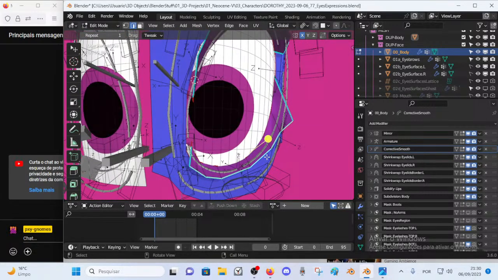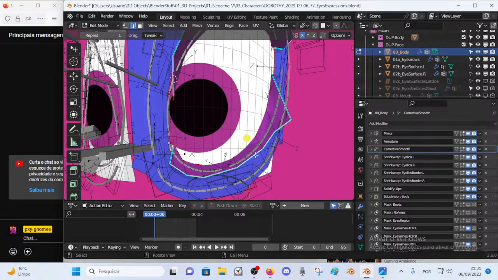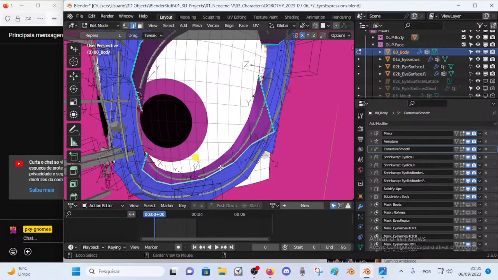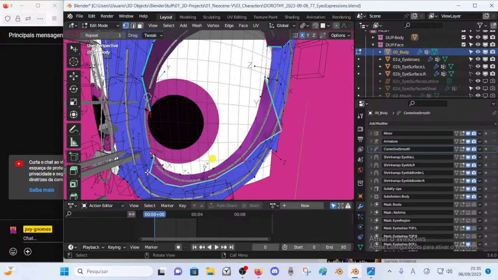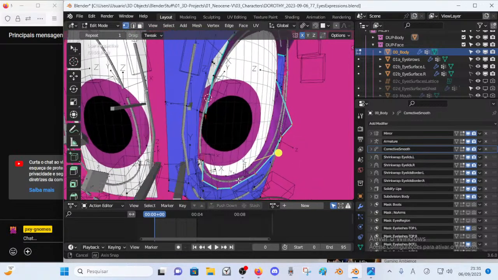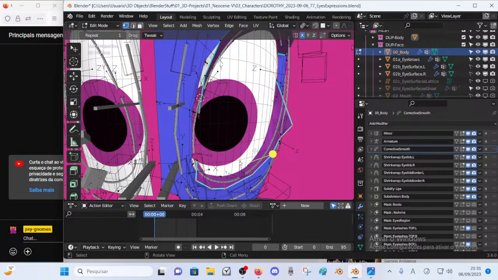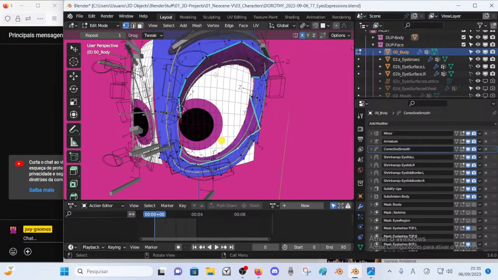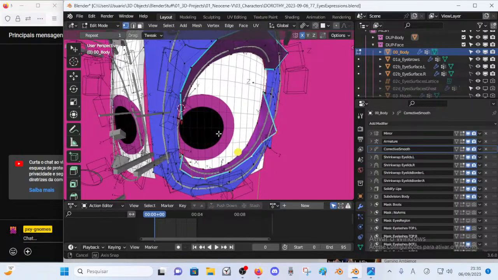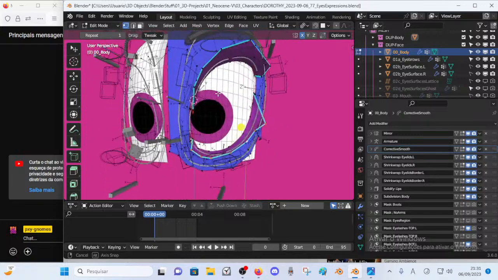Edge ring, no, not edge ring. It's not an edge ring. An edge selection, whatever. I forgot the name of this thing. Not an edge loop, because this is not looping, so I can select only this vertex, and it doesn't select the inner ones, which for me, conceptually, are already the eyelids mesh, and all the eyelids mesh is shrink wrapped through a shrink wrap modifier to the eye surface. So it's not an eyeball, it's an eye surface mesh object.